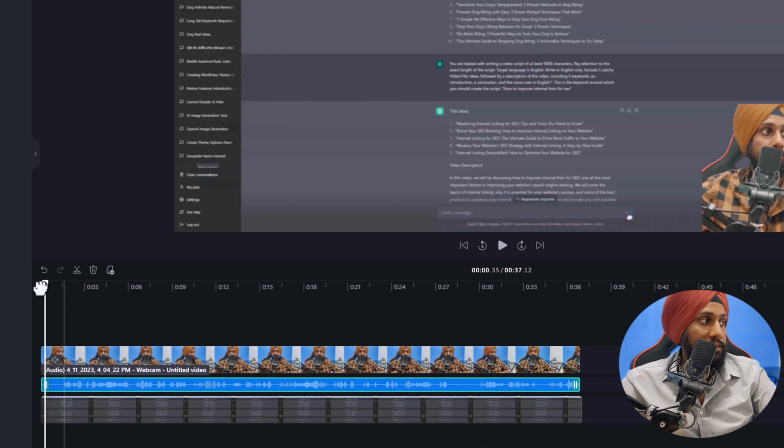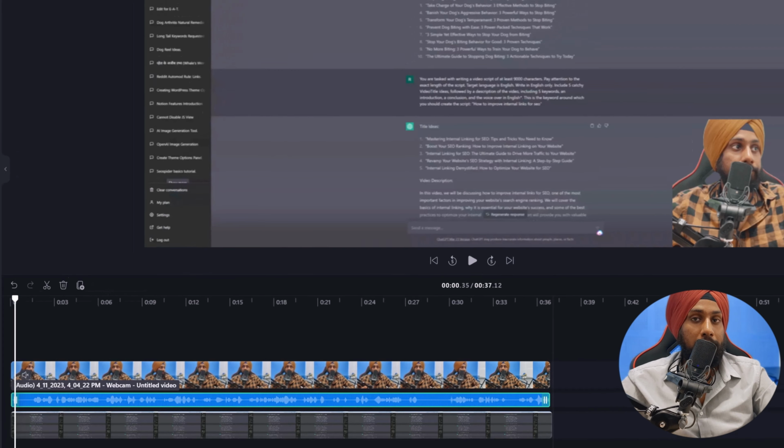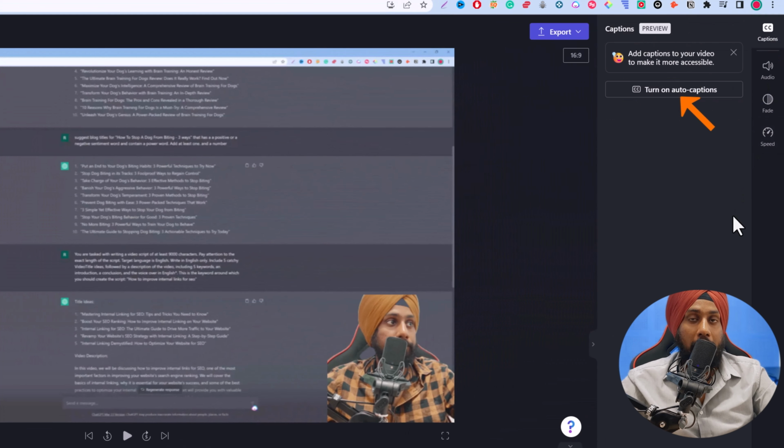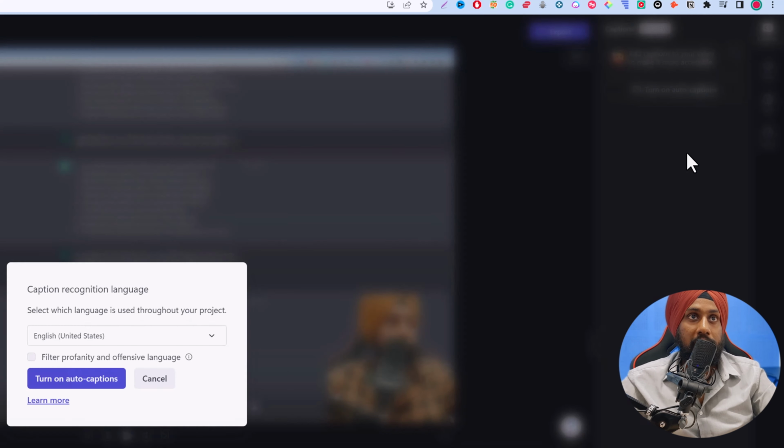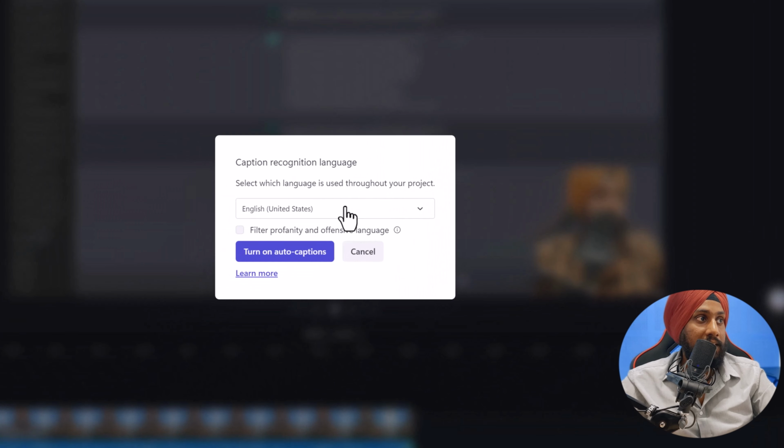So what you can do is just click on this particular audio, and even if you don't, they will detect everything from your timeline which you have inserted. Then there is a caption option, and it says turn on auto captions. So here what you can do is just click on turn on auto captions, and you will be